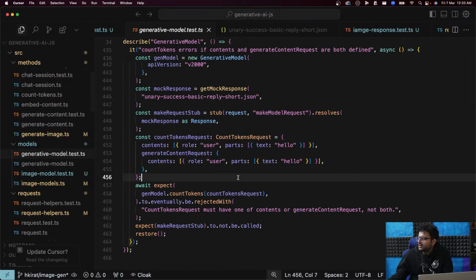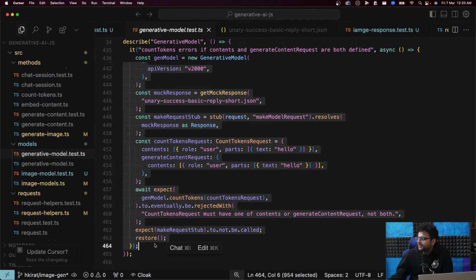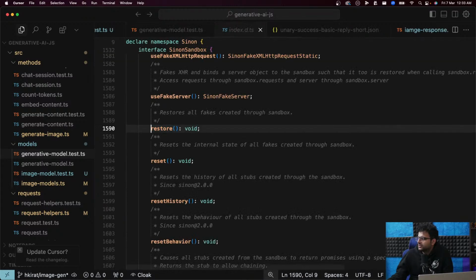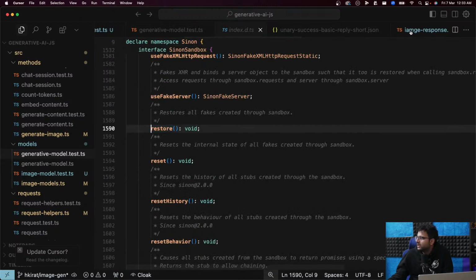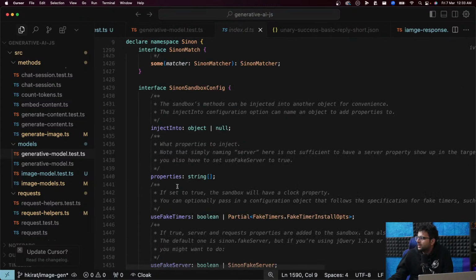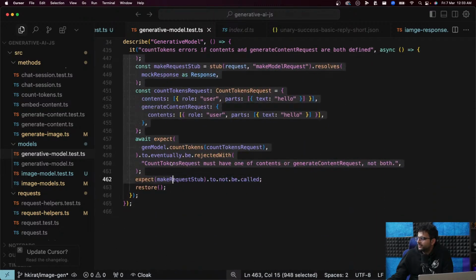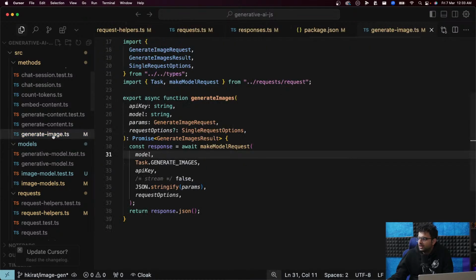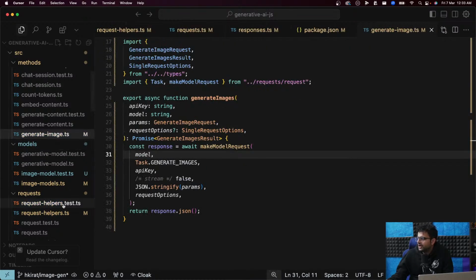And then we can just copy this last test over here. What does restore do? Oh, it probably resolves the mocks or something. That makes sense. Copy, generate image .test.ts. Where is it?